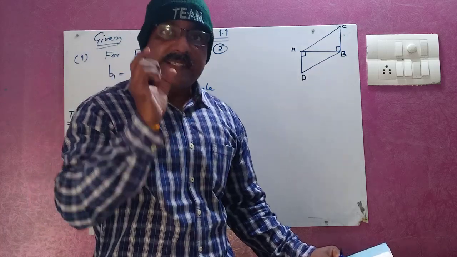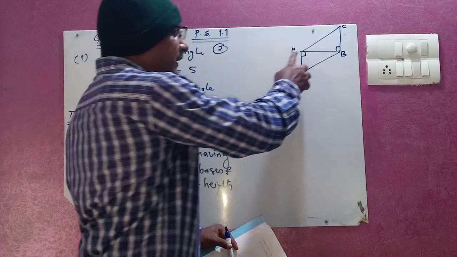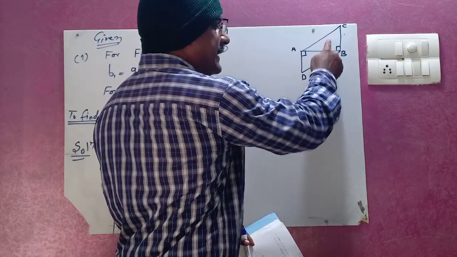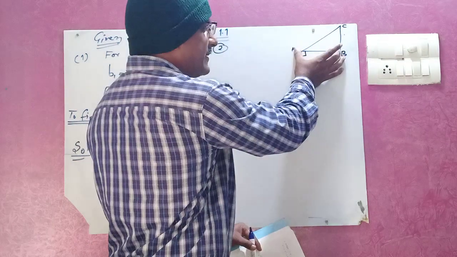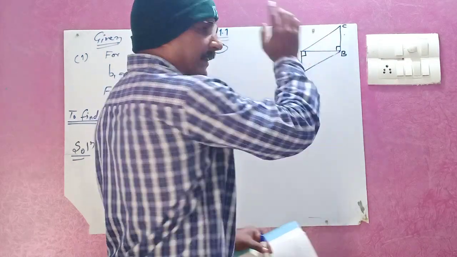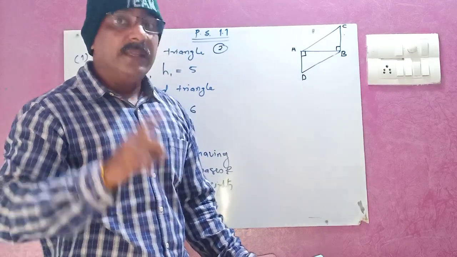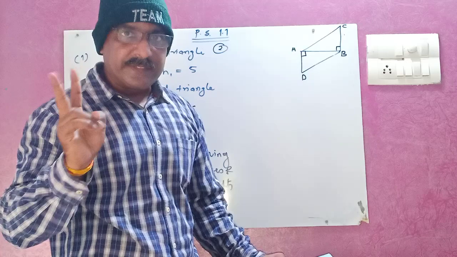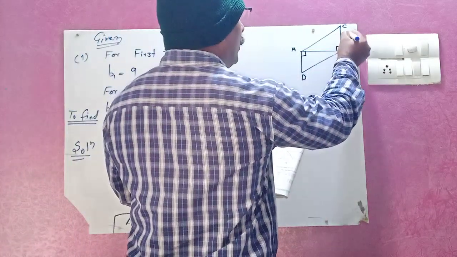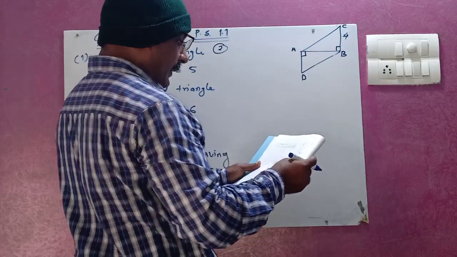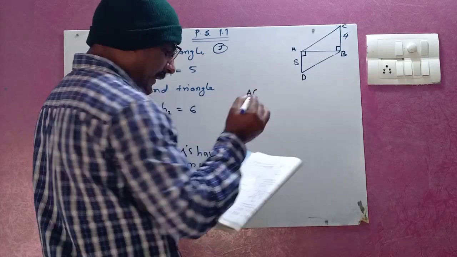What is common, my dear children, in both the triangles? What is same, you can say, in both the triangles? Yes, this AB is the same for both the triangles and it is a base, my dear children. This is the base for this as well as for this. So automatically it comes to your mind which property you are going to apply? That the triangles having equal bases. Okay, your question is BC is given 4, AD is 8, then what will be the ratio of their areas?